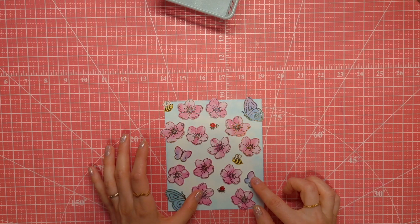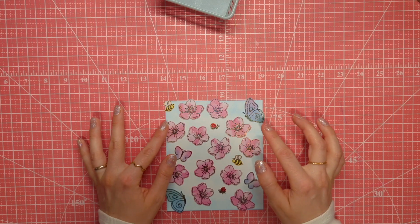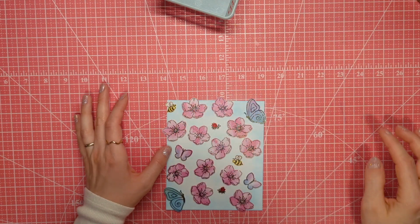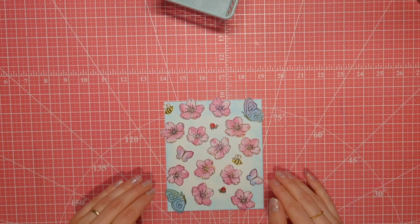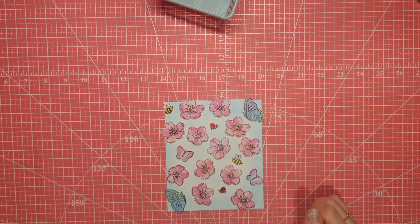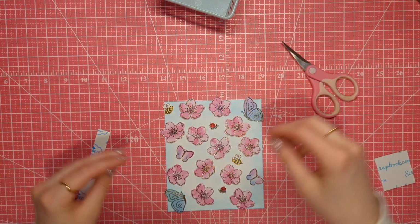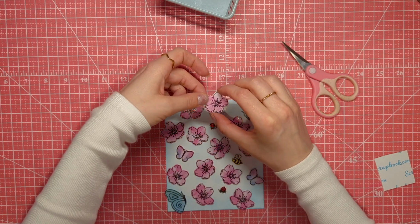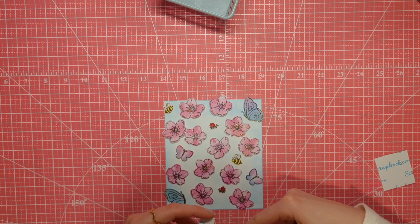Okay, I think this is what the layout is gonna be. So this is basically our front of the card, guys. I'm gonna add some double-sided tape on some of these decorations, and then some of them are gonna have a piece of foam sheet underneath, just because I want them. So like this one here, for example, it's just gonna make them look like they're off the paper a little bit and give it some dimension